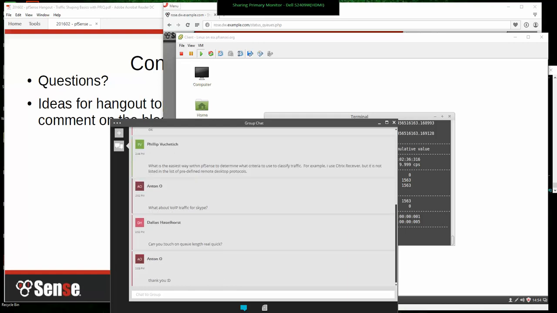Queue length, I went over that a little bit. It defaults to a queue length of 50, which just means there's space for 50 slots in the queue, for 50 packets, more or less. If you've got a steady stream of VoIP traffic and your circuit's full, lower priority queues are going to fill up and then eventually have drops as the queue's full. So if you see a lot of drops, you may just need to increase the size of the queues if you're noticing a detrimental effect on your traffic,